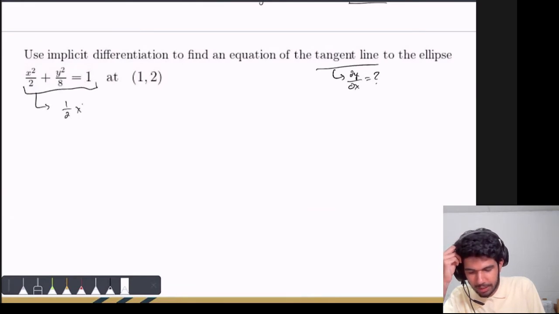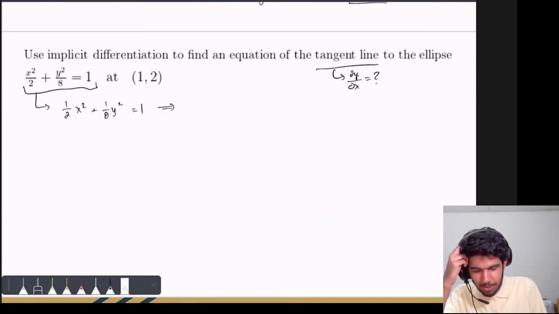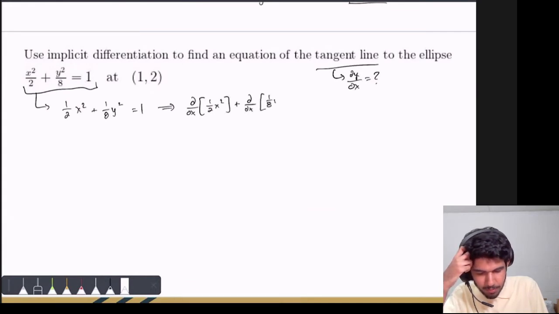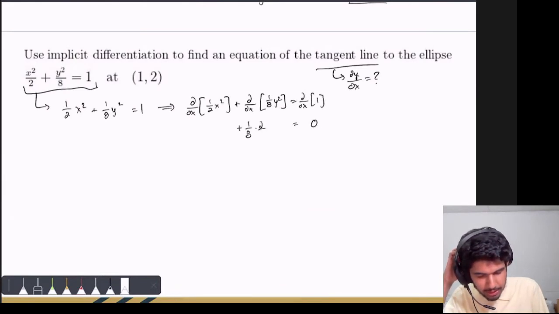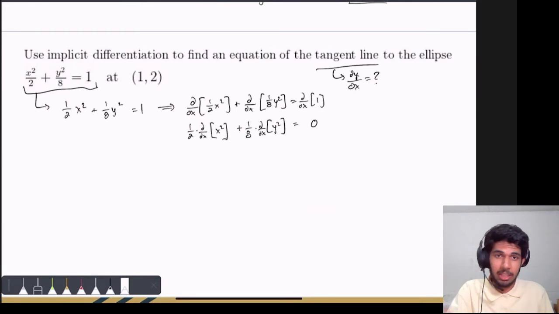This is 1/2 x squared plus 1/8 y squared equals 1. And we know that we can take the derivative of both sides. And in fact, I'm just going to save us one step and just distribute this derivative. And that equals the derivative of 1. Well, we know derivative of 1 is 0, and then I'm just going to bring out this constant here just to really remind us of that fact. Hopefully this fact where you can pull out the constant is getting ingrained in your memory, because in the future I'm just gonna